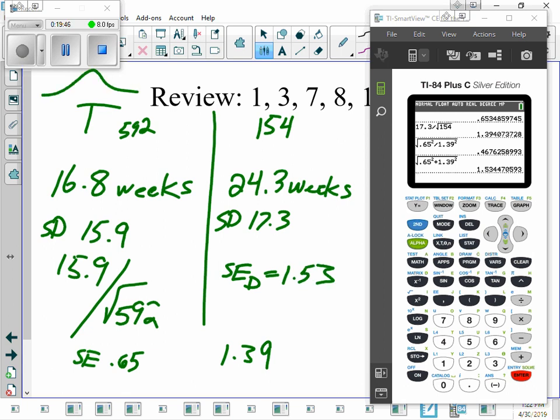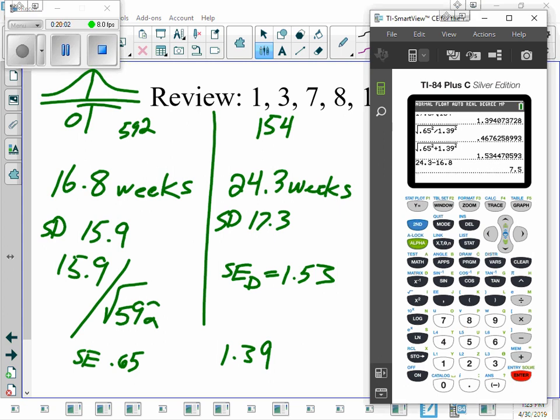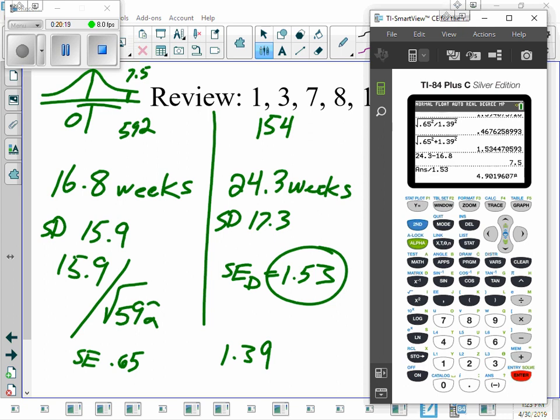So my null hypothesis says the difference is 0. The actual difference, 24.3 minus 16.8, which is 7.5. This line here is resting at 7.5. What is that in terms of standard error? So 7.5 divided by my SE difference of 1.53 is